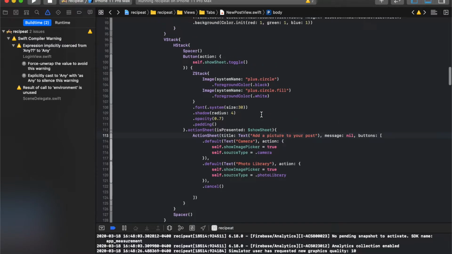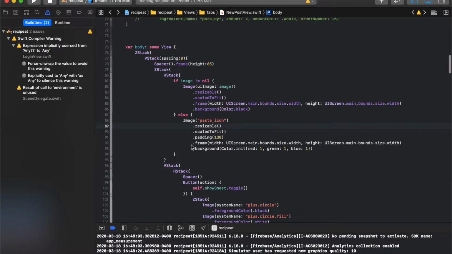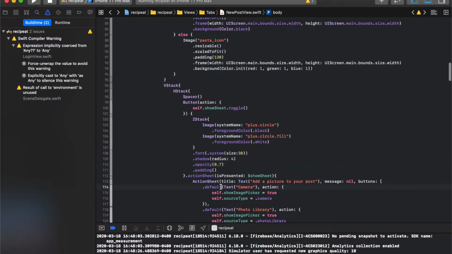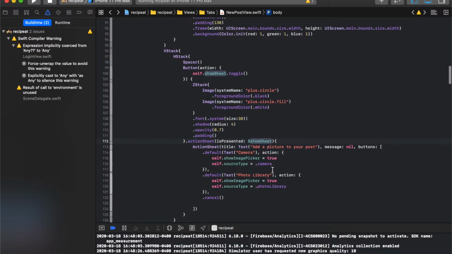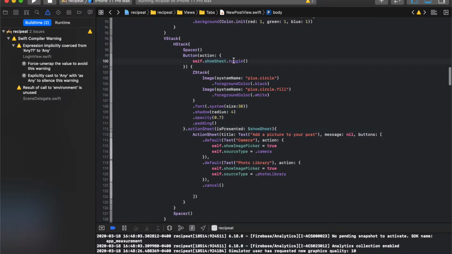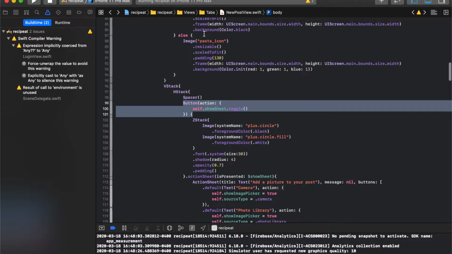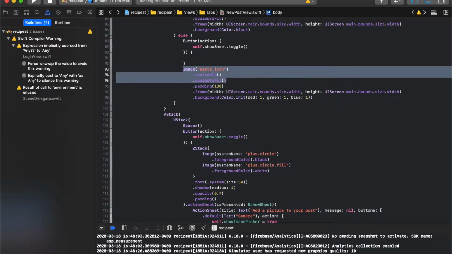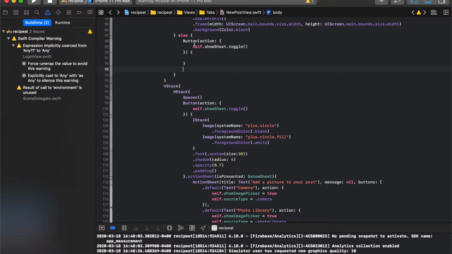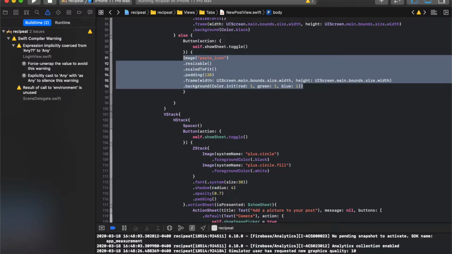Where did we have that? In the H stacks we had, yeah, there we go. The V stack right up here. So we needed the show sheet toggle, okay? Show sheet toggle right there. So we can just grab that piece of the code. And we're going to come up here, make sure we close that. And then we can take all that and put it inside of the button, okay? So if I save that,